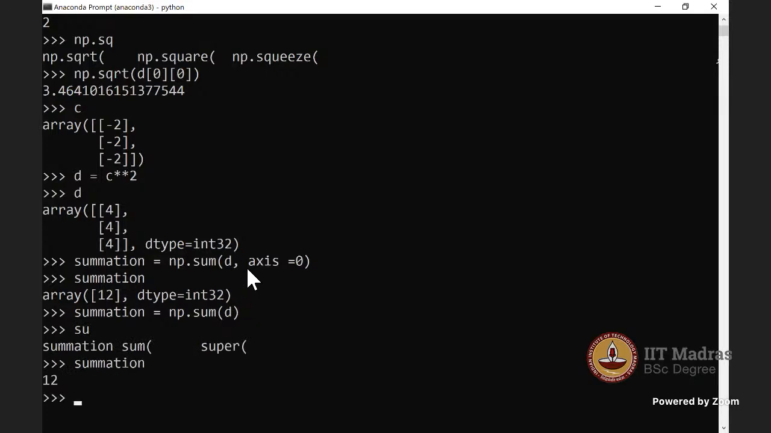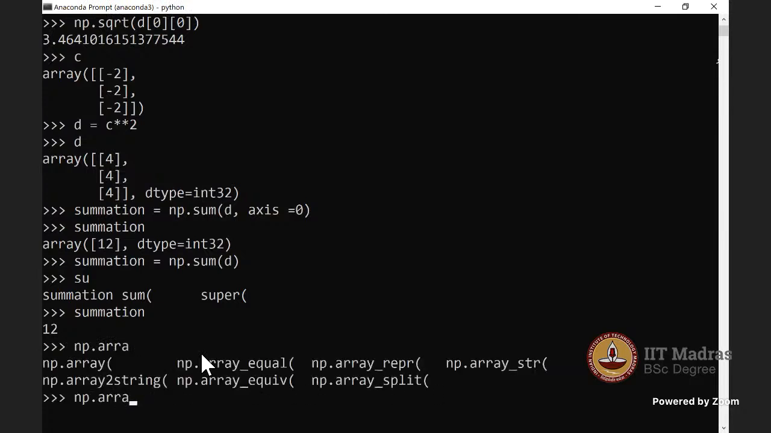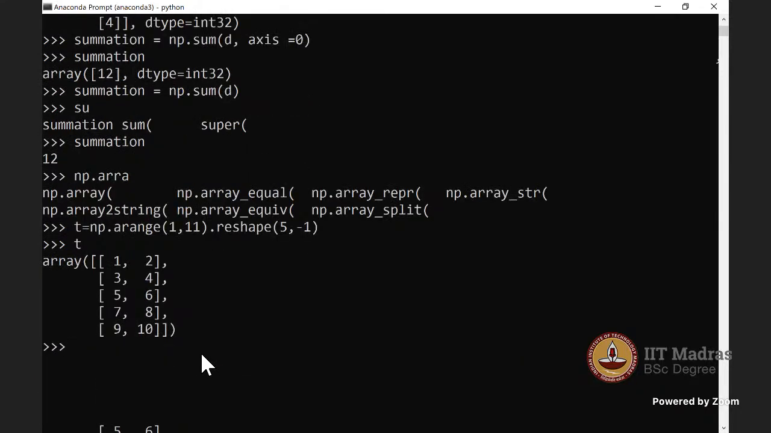No, sir, but if you don't put axis, then the sum will be the sum of each element. In this case, it is a column. Okay, let's try that one. np.arange, let's say 1 comma 11, and we reshape it to 5 comma minus 1. Okay, and this is your t. Okay, t is this one. So if I type